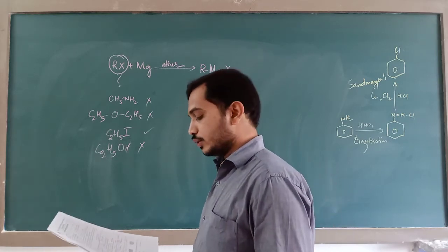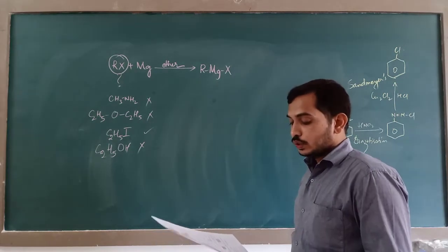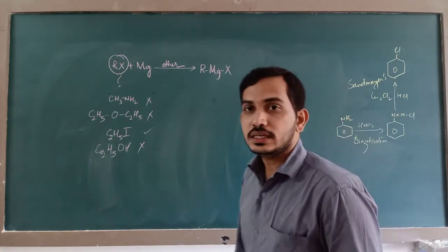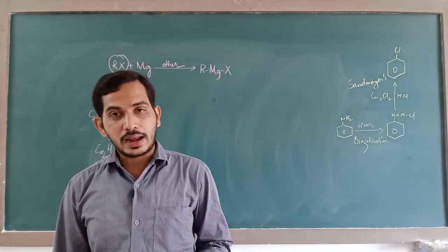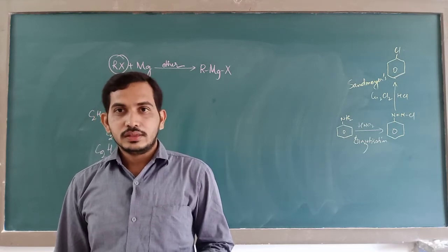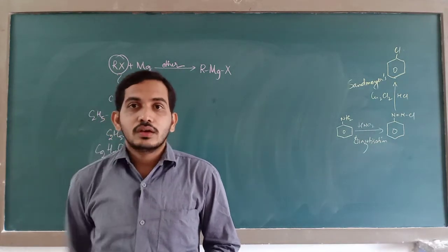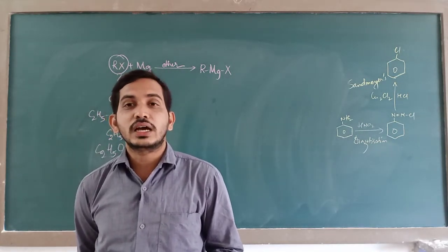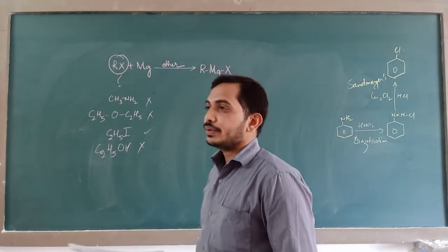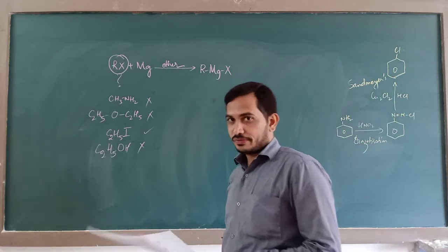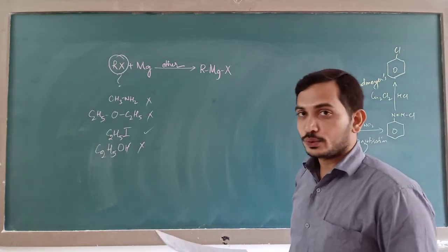Then 10th question. Which reagent cannot be used to prepare an alkyl halide from an alcohol? This comes under methods of preparation of haloalkanes, wherein the first method is by using alcohols. How do you prepare haloalkanes? So if I am not wrong, in preparation of haloalkanes from alcohols, we have got different methods. Among them, the first option given is HCl plus ZnCl2.